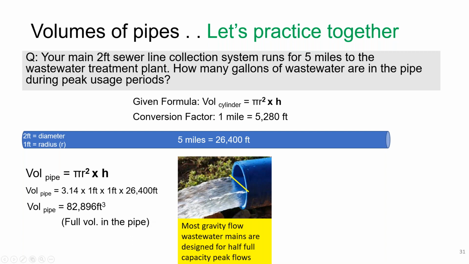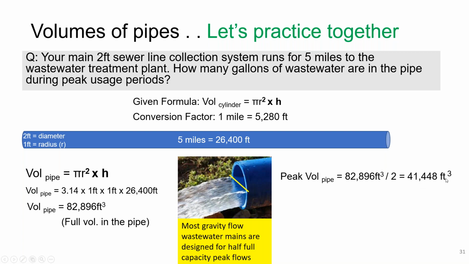Now, one other piece of knowledge we have about gravity flow wastewater mains: those are designed for half-full capacity. This is information you as a water operator need to be familiar with. When they give you that question and tell you the peak usage period, they know that half of the pipe is what is required. So of the volume of that pipe, we will take half, and the volume we're looking at is